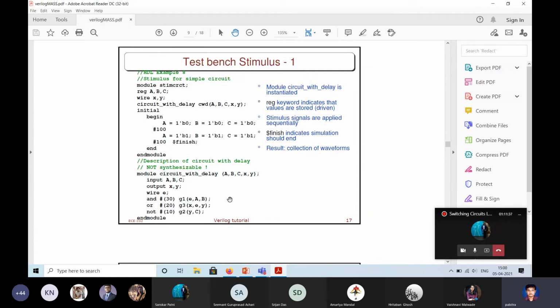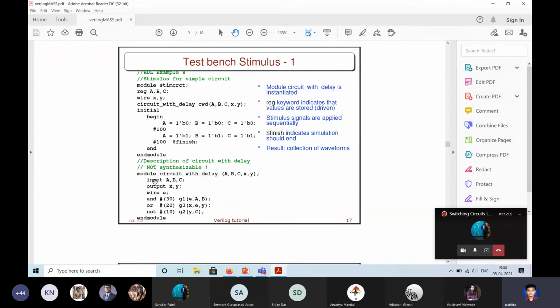So as you start the simulation, first all three are set to 0. Then there is a delay of 100, so for 100 time units all three are 0. After that, A, B and C become single bit 1, and stay 1 for 100 units of time, and then it finishes. That's the end of the test module.